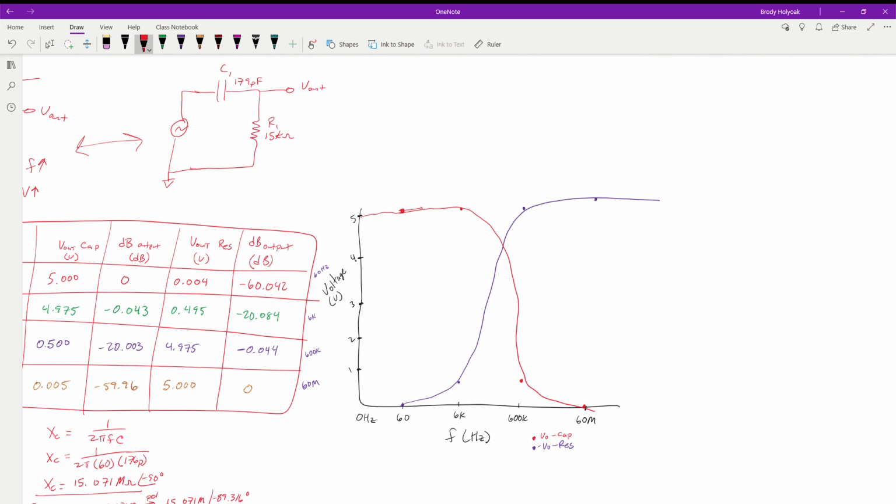Okay, so looking at this, we can see 2 trends based on our output. Remember, we want to look at places that give us higher than the 0.707. So let's add that in now. When we have 5 volts, we're looking at about 3.5 volts. I'm going to do this in gold just to demonstrate. So right here, this is our 0.707 of our volt peak mark. This is at -3 dB.